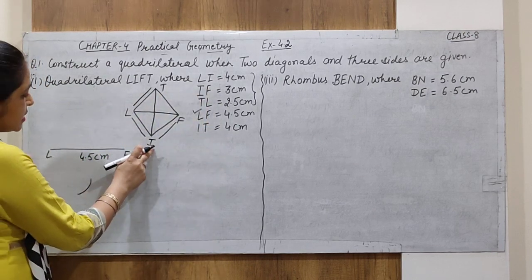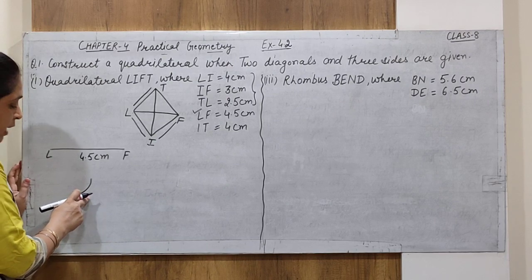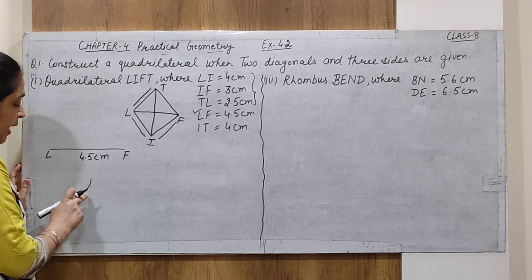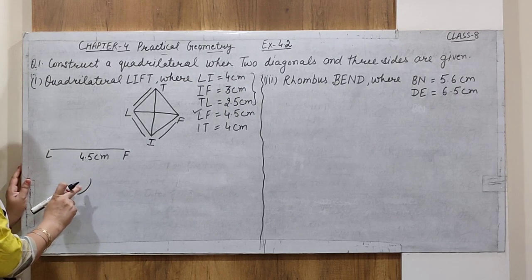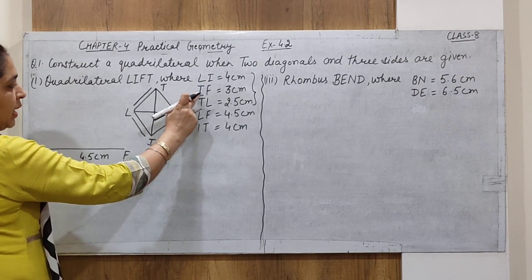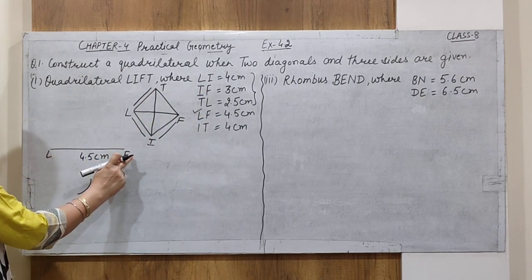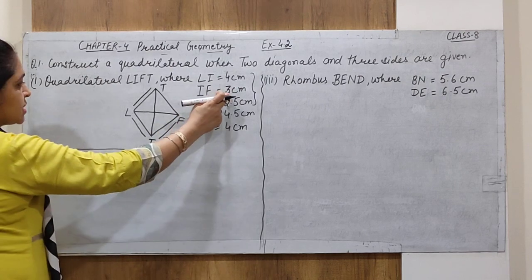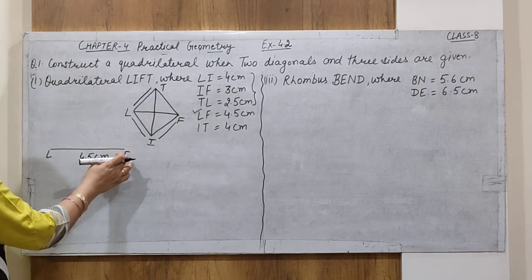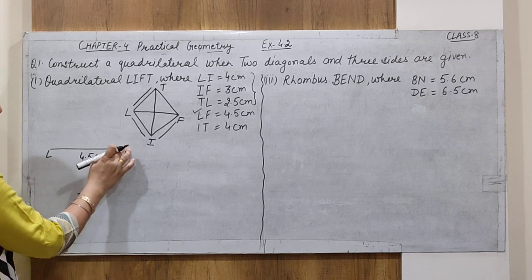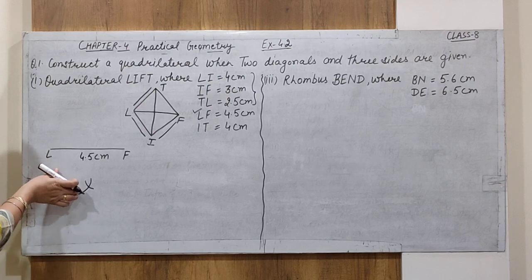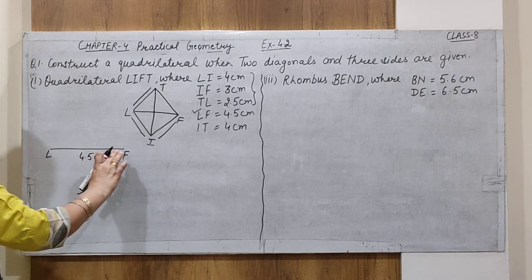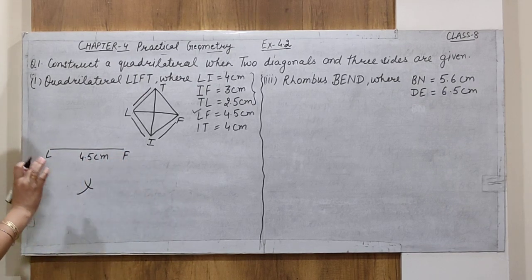Now as we consider this as I, this is the I point, we have to select I in the downward direction. For this I, we need one more arc, and that is with the help of IF, because this is F. From F to I, the distance is 3 centimeter. Now considering F as center, draw an arc of 3 centimeter. Alright, this length is 4 centimeter. You must measure with the help of the compass and the scale, and this length is 3 centimeter.